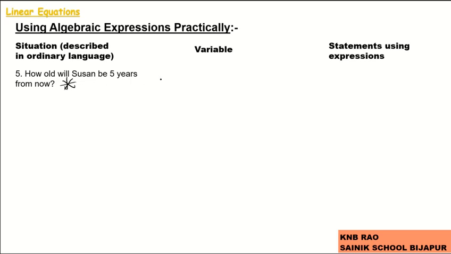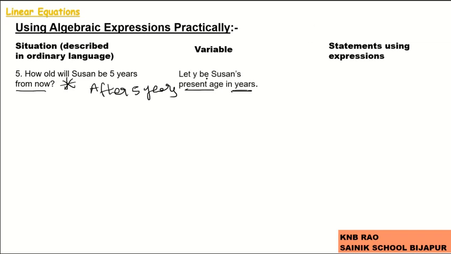This model will be a very important one when it comes to the NTSE exams, which you will be writing after class 10th or while studying class 10th. Here Susan's age only we have to say from now, means after 5 years. From now means after 5 years. That means now we will assume, let the present age of Susan